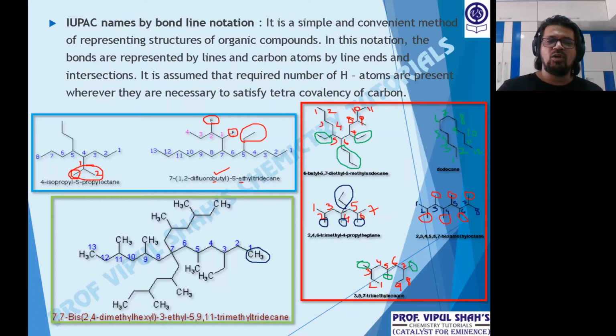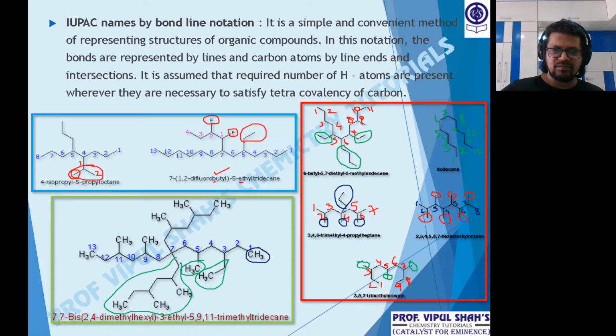Okay, now next we have over here nothing but a continuous chain of 13 carbon atoms. Alright, so first, the continuous chain, you take 13 carbon atoms, and how many branches have we got? Let's identify the branches. I have a branch over here that is an ethyl group, at 3, then 5, then 1 at 7, 1 again at 7, then 1 again at 9 and 1 again at 11.